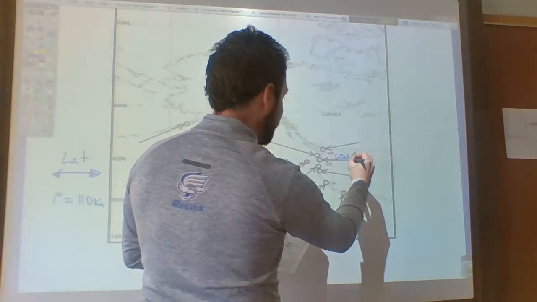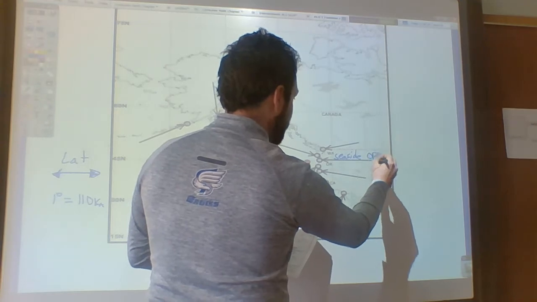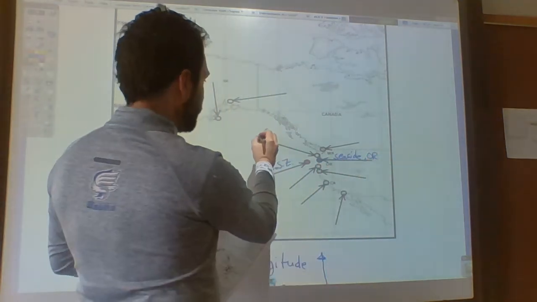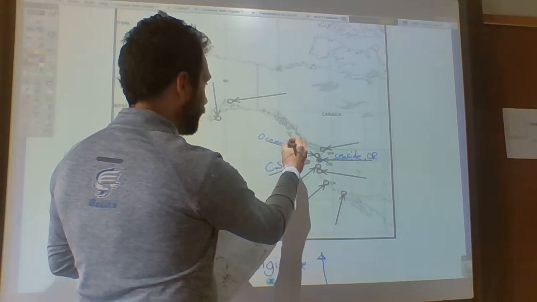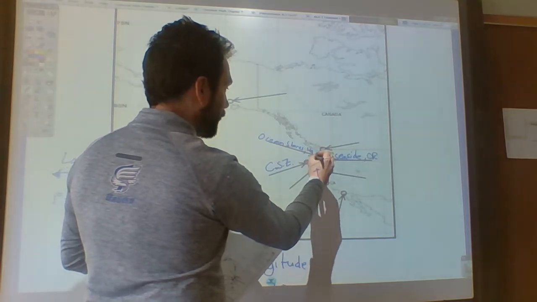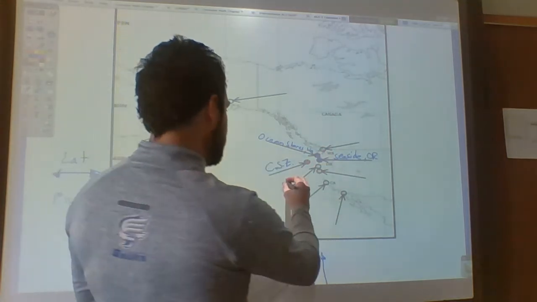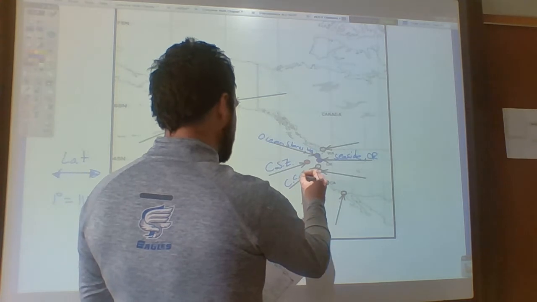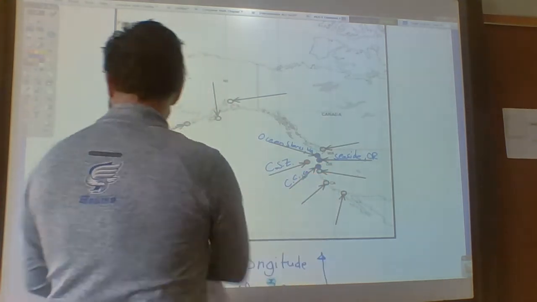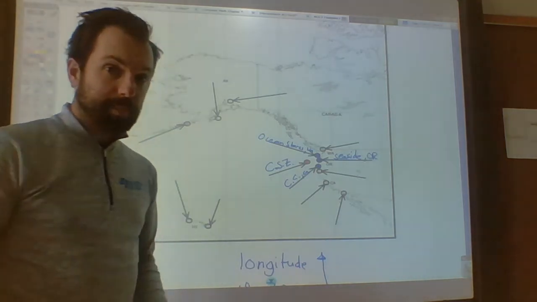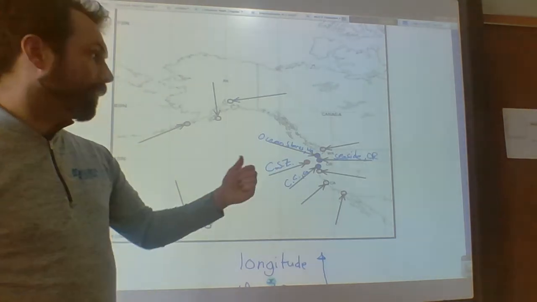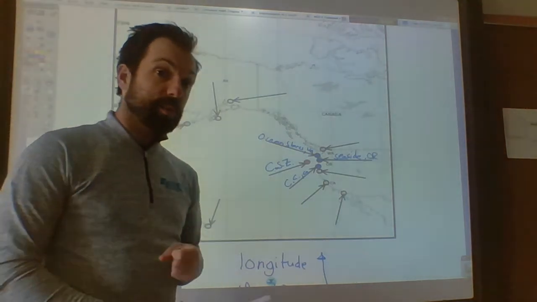Seaside, Oregon is right here. I'm going to label that one in blue. Ocean Shores, Washington is right here. And then lastly, I'm going to abbreviate Crescent City, California is right there as well. So my scenario, I'm tasked with giving these 3 cities advance warning of this impending tsunami that is going to